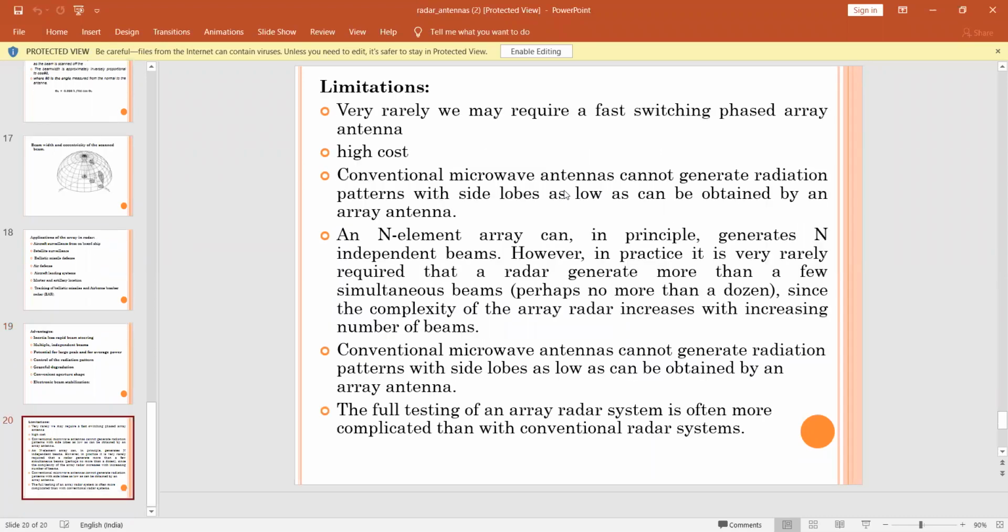After seeing these many advantages, we can check out the limitations. The first one you can immediately come across is higher cost. This is a major limitation. Widespread use in the conventional phased array radar is limited due to the complexity. The software and computer system needed to utilize the inherent flexibility of the array antenna also contribute